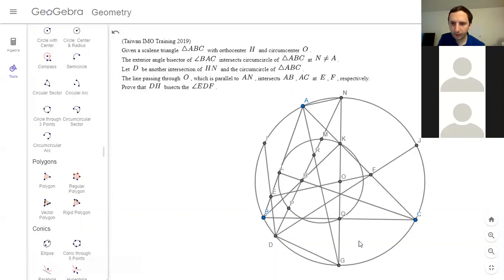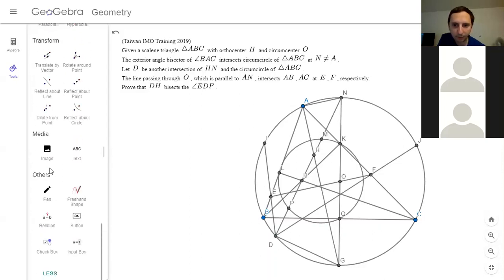So I think, because G lies on the angle bisector, angle GFC is equal to angle GEB, I'm pretty sure. So I think that shows